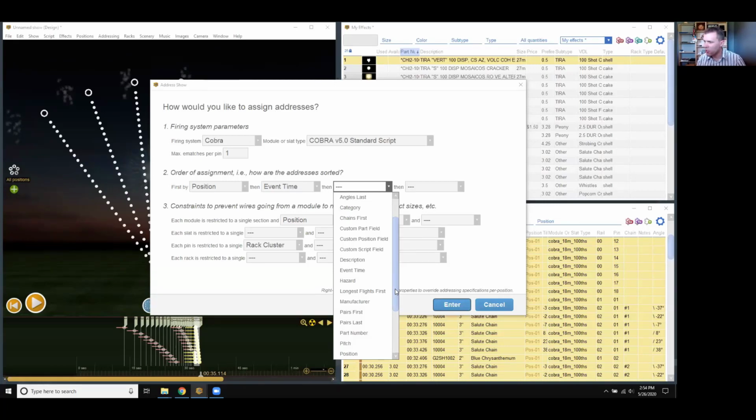Other question here, can you mark an error as not an error to differentiate it from real errors? I'm not sure I understand that question. Yeah, I think I understand that. I was mentioning before that things can turn red and that you can view red as a warning. But when you assign firing system addresses,